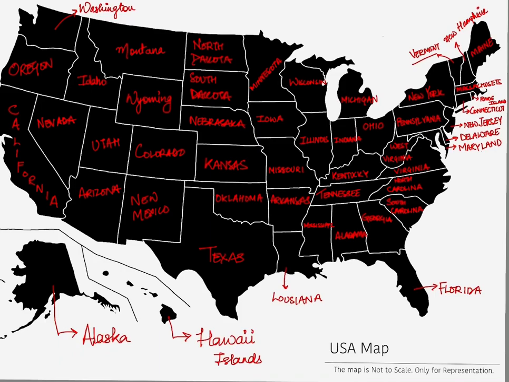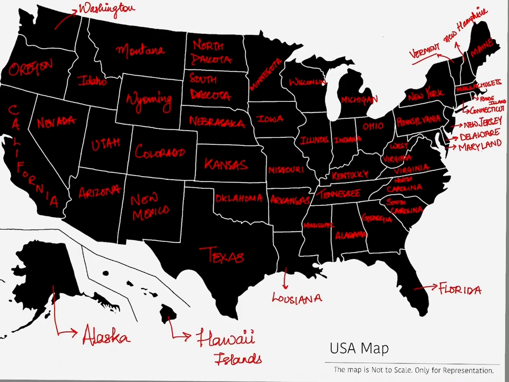So we have marked Washington, Oregon, California, Nevada, Idaho, Montana, Wyoming, Utah, Colorado, Arizona, New Mexico, Texas, Oklahoma, Kansas, Nebraska, South Dakota, and North Dakota, Minnesota, Iowa, Missouri, Arkansas, Louisiana, Wisconsin, Michigan, Illinois, Indiana, Ohio, Kentucky, Tennessee, Mississippi, Alabama, Georgia, South Carolina, Florida, North Carolina, Virginia, West Virginia, Maryland, Delaware, New Jersey, Connecticut, Rhode Island, Massachusetts, New York, Pennsylvania, Maine, New Hampshire, Vermont,